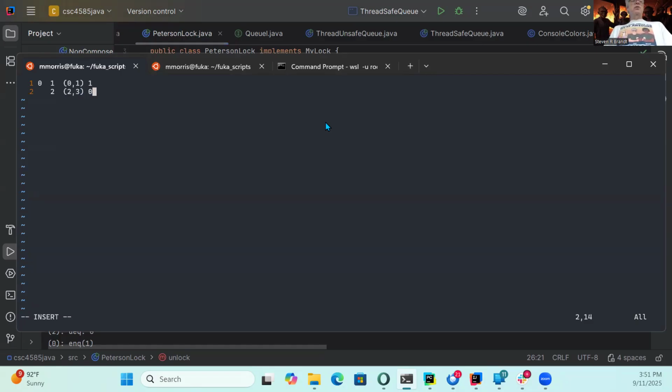So if 1 and 3 get through, 1 will try to say lock 1, and 3 will try to say lock 0. And likewise, when this first competition happens between threads 2 and 3, 2 is going to try to get lock 0, and 3 is going to try to get lock 1, because Peterson lock is always between 0 and 1, right?